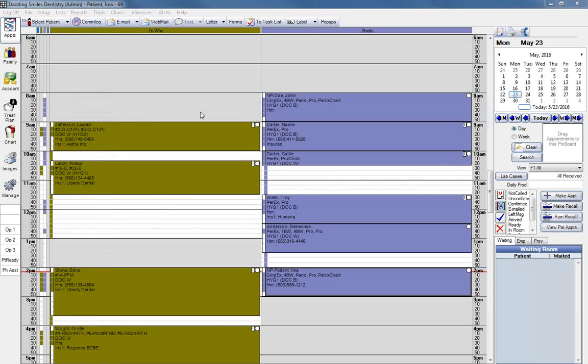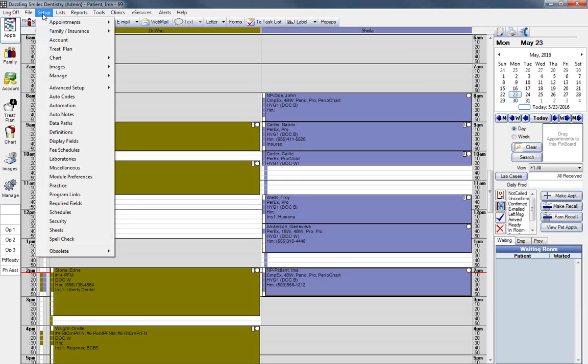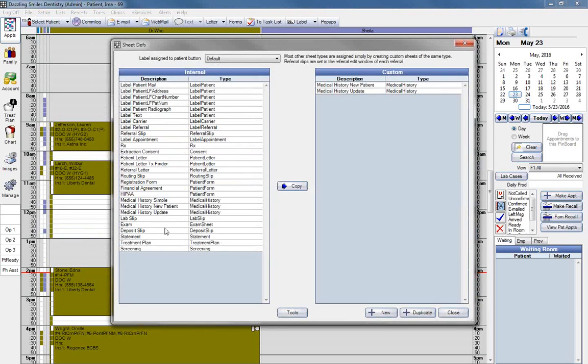Beyond the computer itself that you're going to use, before you use the kiosk feature, you need to have the forms prepared that the patient is going to be using. So you may already have forms that you use in your office that are in a paper format, but those forms need to be converted into the Open Dental Sheets framework. The Open Dental program does have some generic forms included that you're going to see listed here,